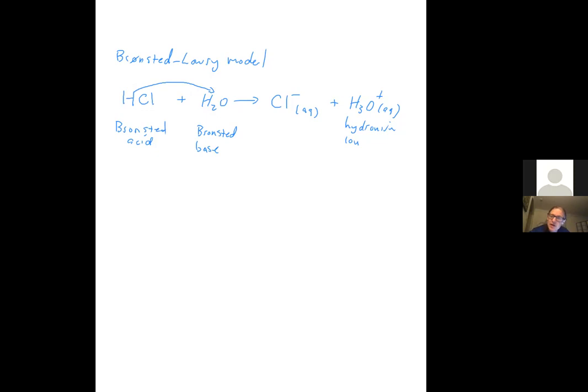Then what we're going to do is we're going to come up with what we call acid conjugate pairs. So what you do is you identify your acid. So there's your acid. And identify what's left after the H plus is gone, right? So if you take the H plus off of the HCl, you get Cl minus. And we're going to call this the conjugate base. Okay, so these two go together, the acid and the base. If it's on the product side, we're going to call them conjugates. And likewise, see how the